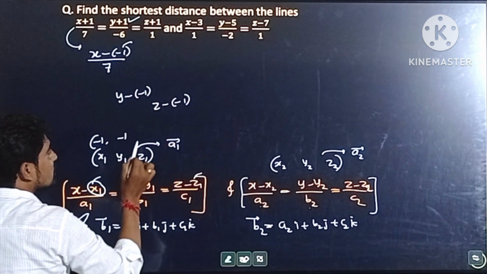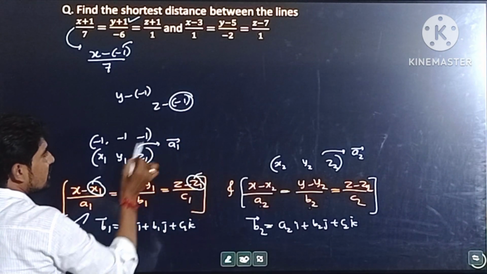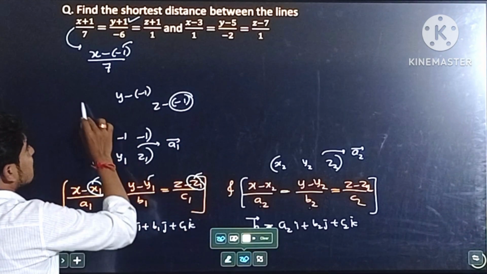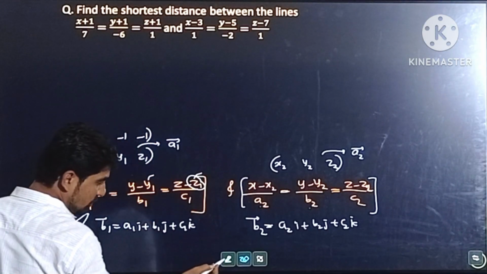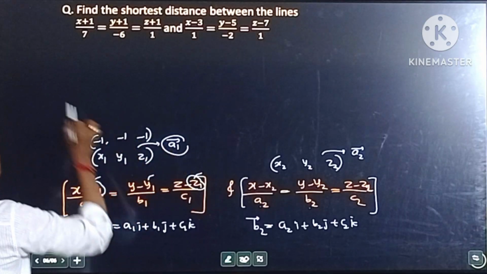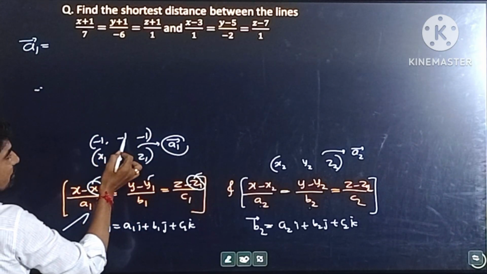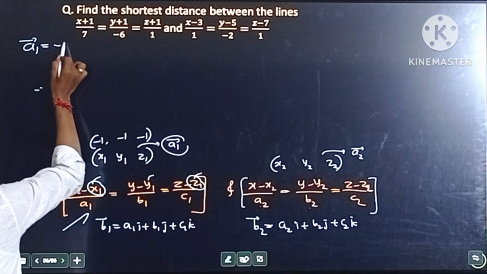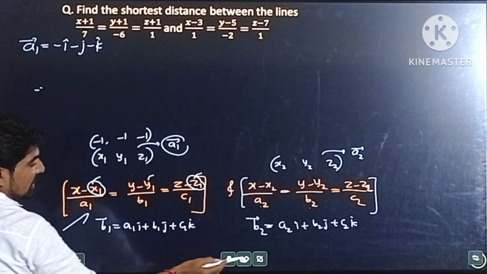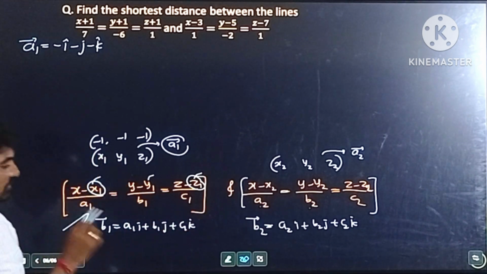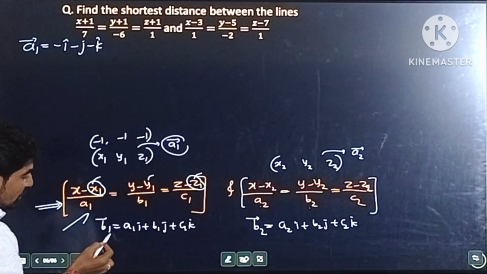Therefore, z1 is equal to minus 1. So, in place of z1, we have minus 1. So the first line passes through the point minus 1, minus 1, minus 1. It means its respective vector a1 vector is equal to minus i, minus j, minus k, that is minus 1i, minus 1j, minus 1k. And similarly, by comparing the first line with the standard form of the line, b1 vector is